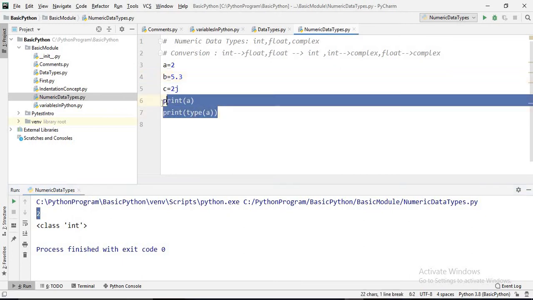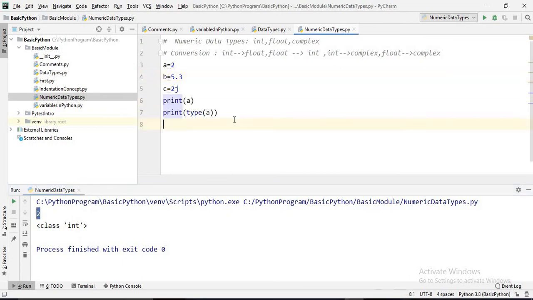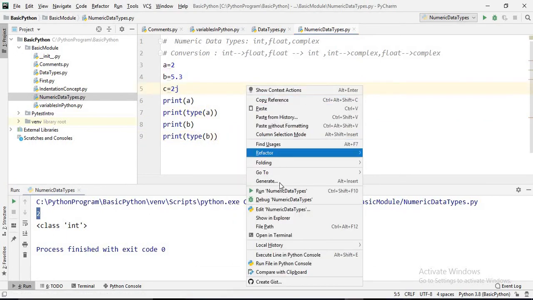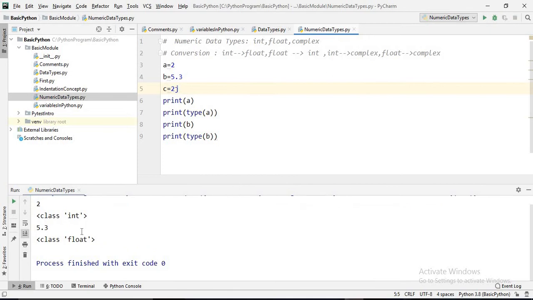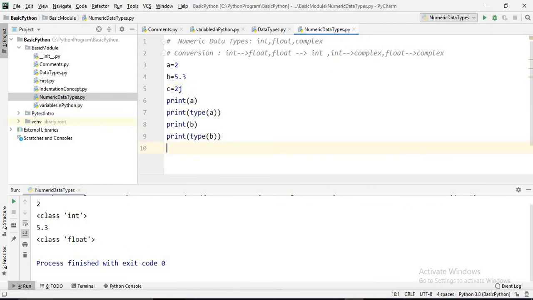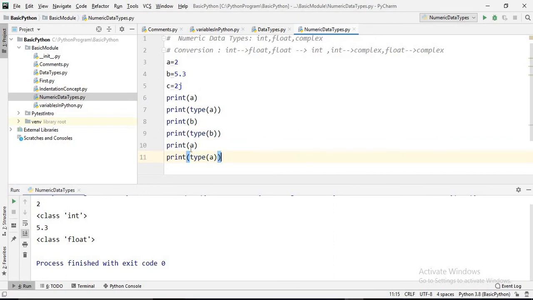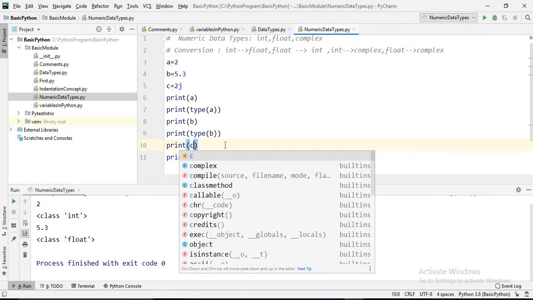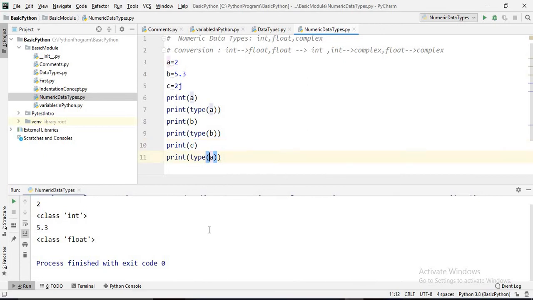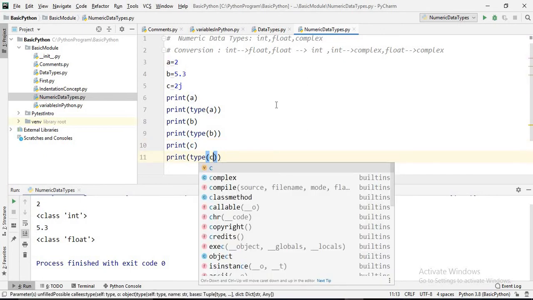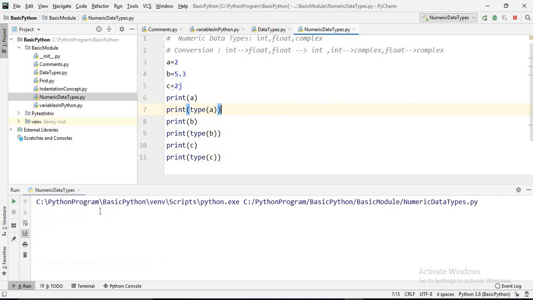In the same way for b, print b and the type of b. We know it is float, and we run this, see, it is a float. And in the same way for c, print c and print type of c.